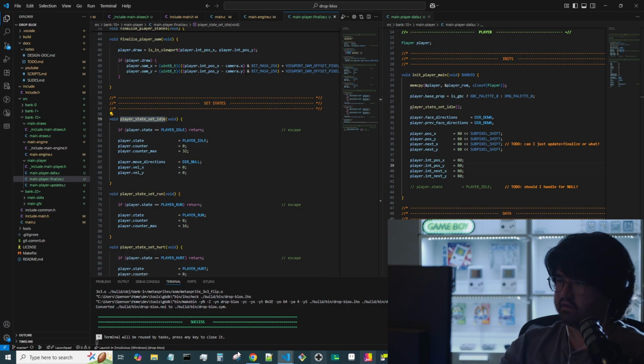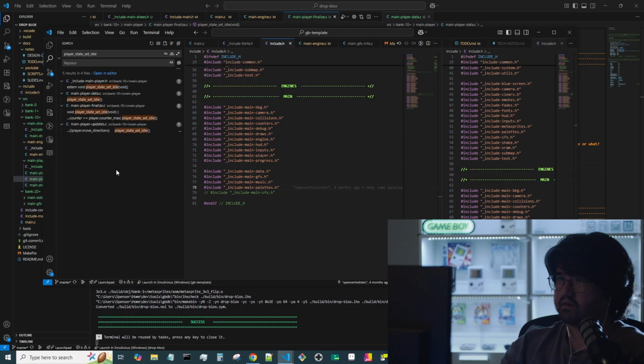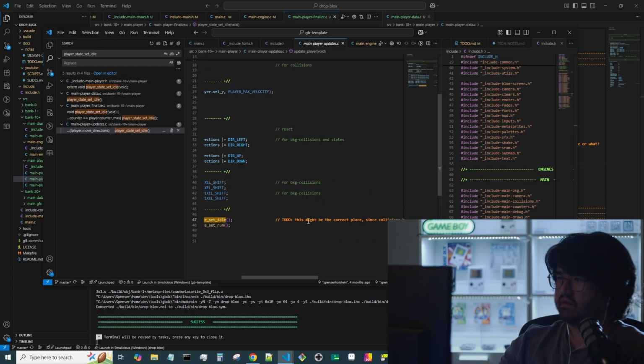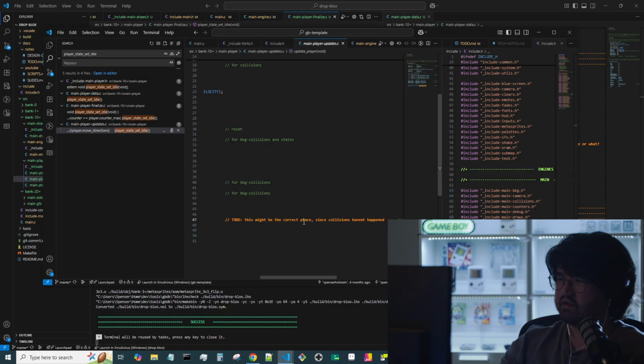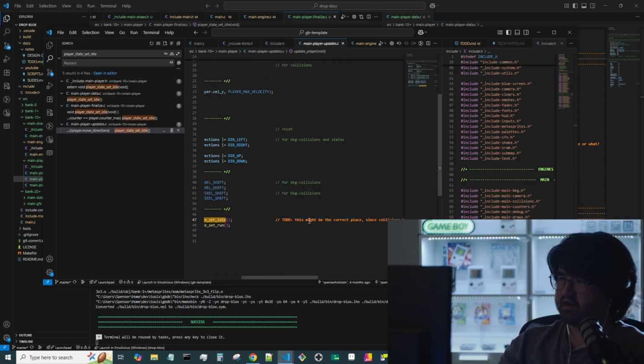There's a set idle. That's probably it. Finalize updates. Okay, if he's not moving, set him to idle. Okay, to do this might not be the correct place since collisions have... I feel like in the comment I was supposed to say this might not be the correct place since collisions